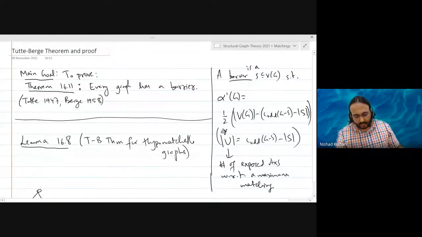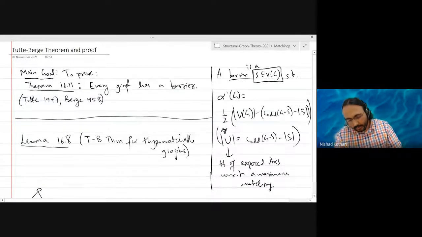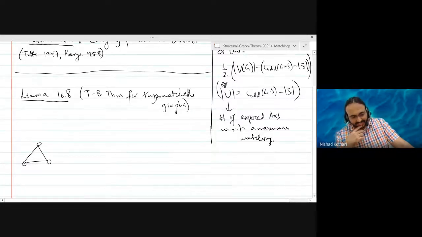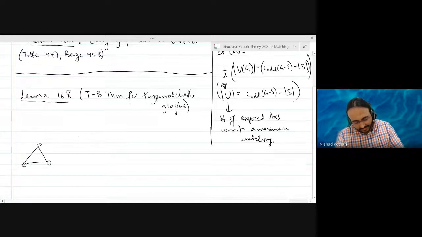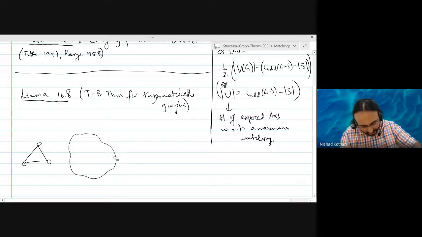I'll give you a hint. This is any subset of the vertices. It could also be all the vertices and it could also be none of them. Then remove two vertices. Right. You can remove two vertices here. But now let's suppose I give you a bigger graph, which is hypomatchable. Then that may not work, right? Your graph could disconnect. So in this example, it works. Actually, it doesn't work. Sorry.